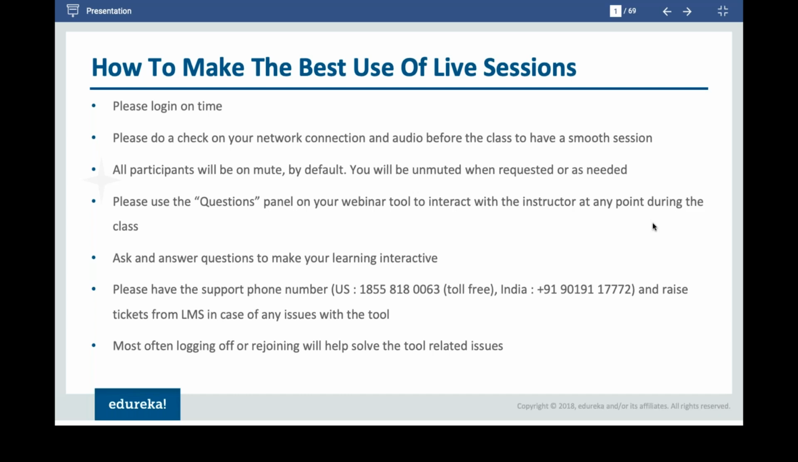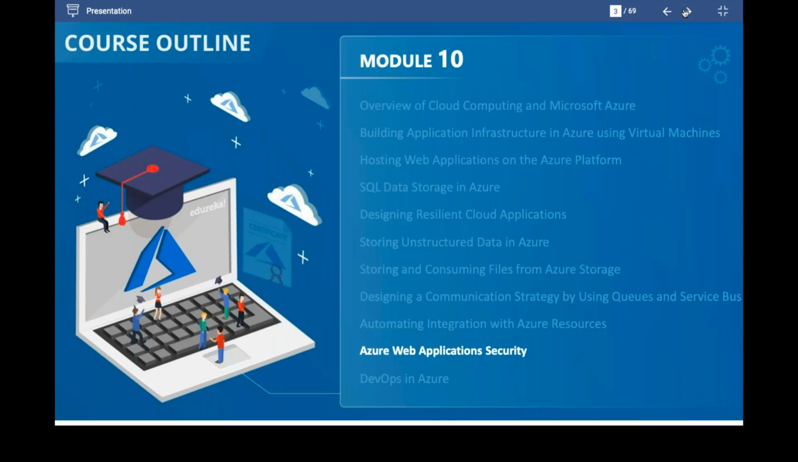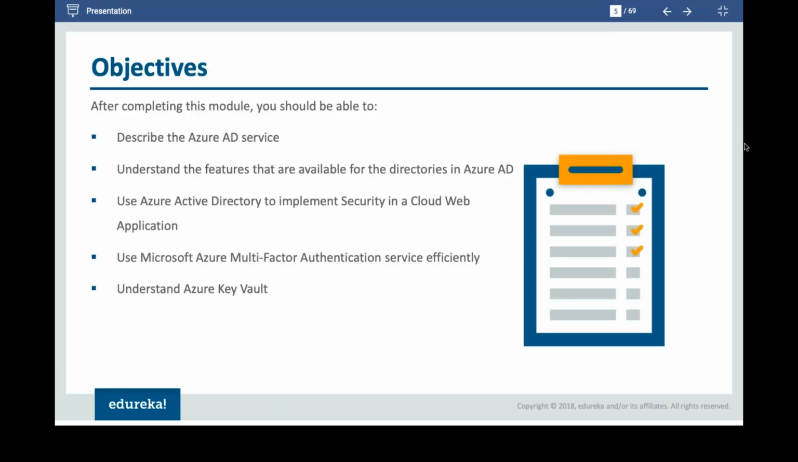So again, today we are to move with web application security. Today's topic will be Azure Web Application Security, where we are going to speak about all the different sorts of security components we have in Azure for web applications. So the objective of this module, by the end of this module, you will be able to